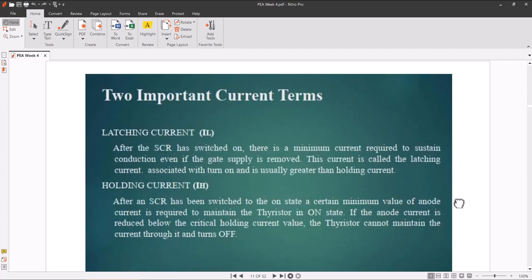Latching current, a very important term. After the SCR has switched on, there is a minimum current required to sustain conduction even if the gate current is removed. This current is called the latching current, associated with turn on, and it is usually greater than the holding current. Holding current: after an SCR has been switched on, a certain minimum value of anode current is required to maintain the thyristor in the on state. If the anode current is reduced below the critical holding current value, the thyristor cannot maintain the current through it